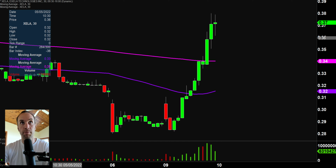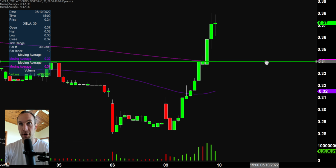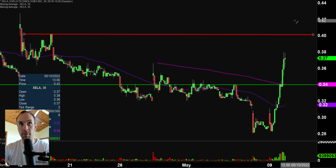So if you're somebody that likes to play more so pullbacks, then an interesting level on any sort of pullback could be right down there around that 34-cent mark. As far as next potential resistances are concerned, let's squeeze down the chart here, and you can see that the next overarching level of resistance is potentially going to be right up there around that 40-cent mark,